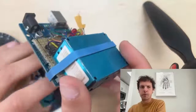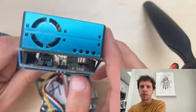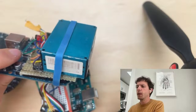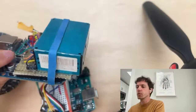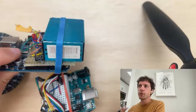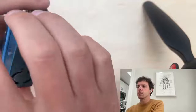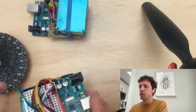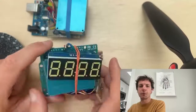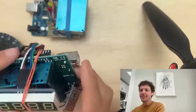The early prototypes were basically just an Arduino with a sensor on, and there was a time in which we got a lot of different modules and tested them, and then we decided that this module was one of the best ones. And actually, there is a Nature article that talks about air quality, and they survey different kinds of air quality modules, and this is one of the best ones. So I feel very good about this sensor being pretty reliable, and that's also what came out of our observations. This is what we call the bomb, the sensor that we brought with us, and it looks like a little bomb. And yeah, we connected this to...